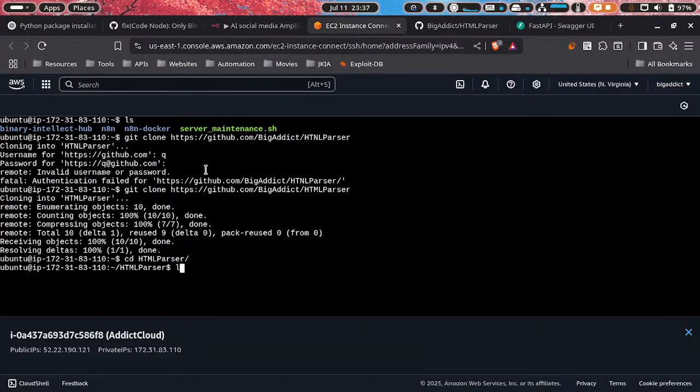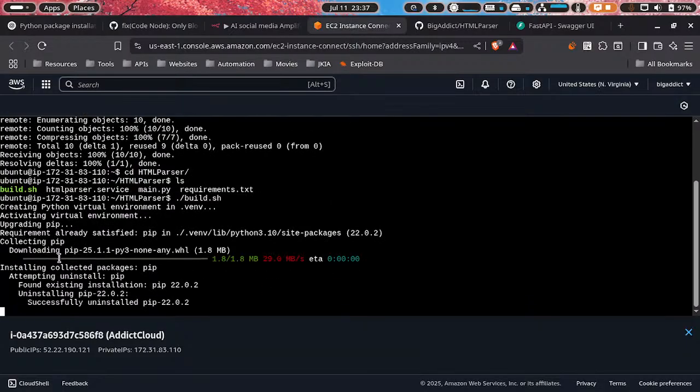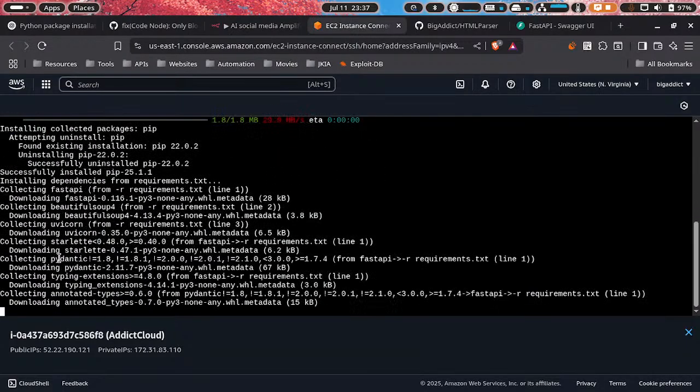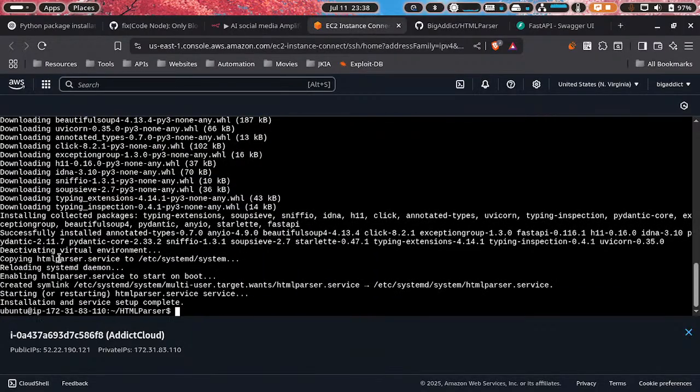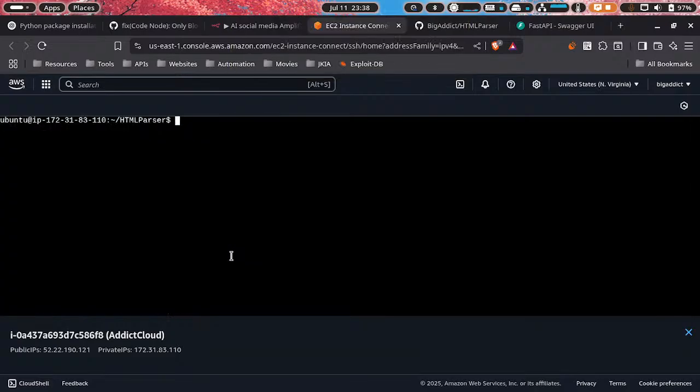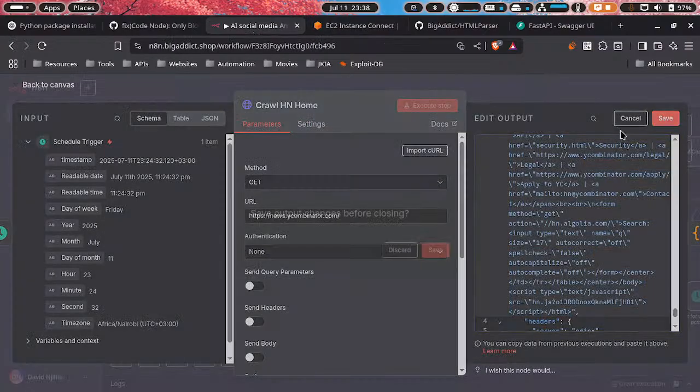Change directory into the project. So you see we have that. We run build.sh, so it's creating the virtual environment. It will go through all that process and create all the environment for us, and as you can see, the installation is complete and it's running on localhost. So to test it out,